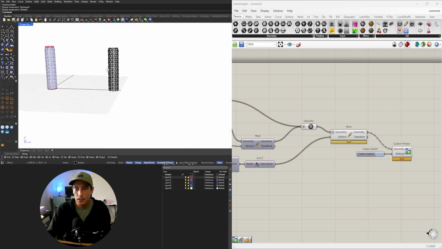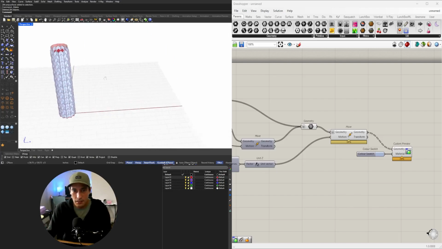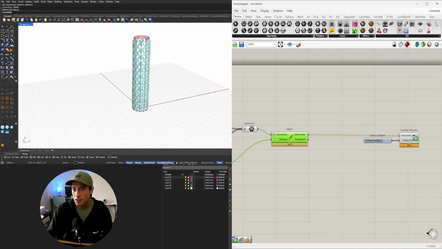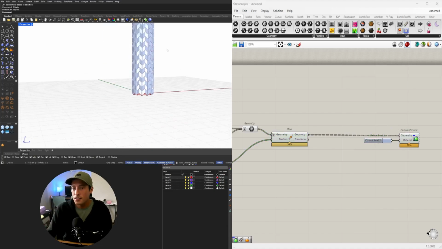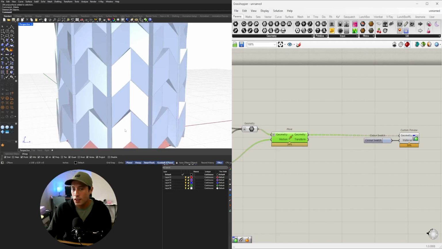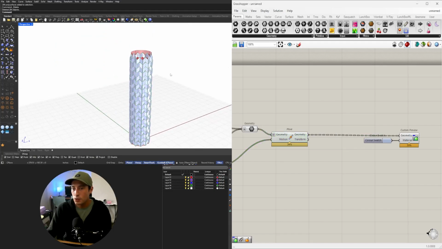All right, next, let's create the gradient. So for this gradient, we need to figure out where these are located relative to,